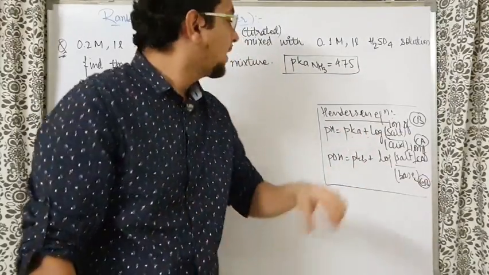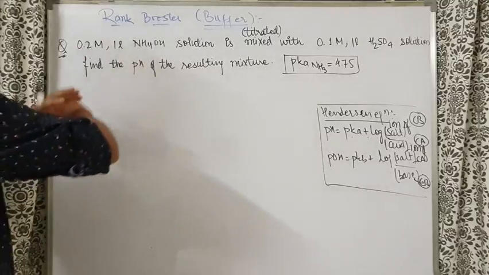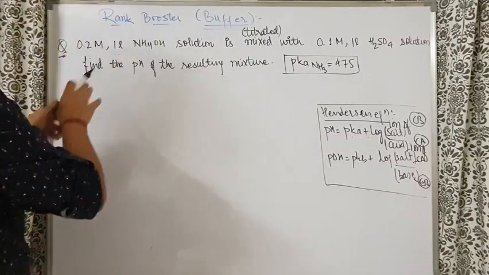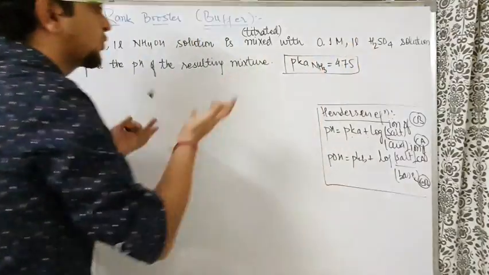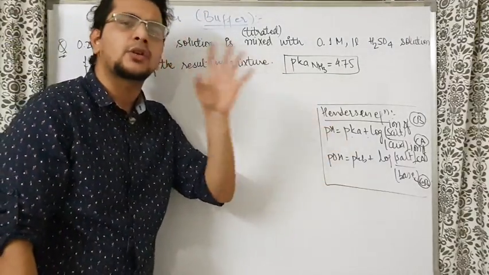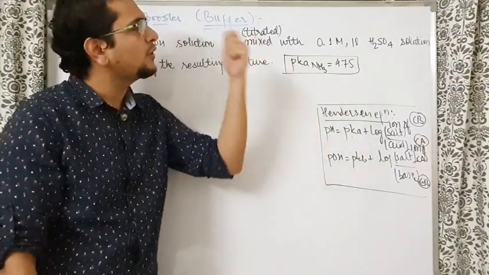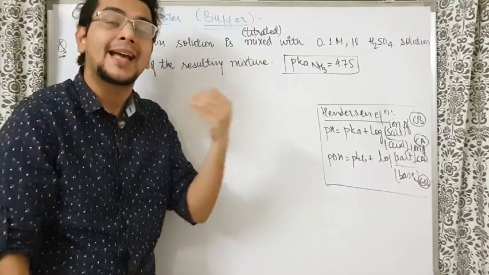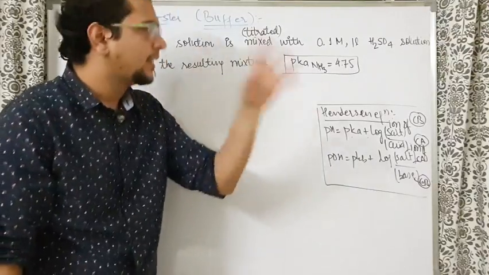What if in the exam, this kind of question comes where you have no idea that this question, base reacting with acid, will form salt? The first thing people think is that sir, it is a salt hydrolysis question. That is nonsense. How can you decide it is a salt hydrolysis question without checking it? And how to check? Let us see.